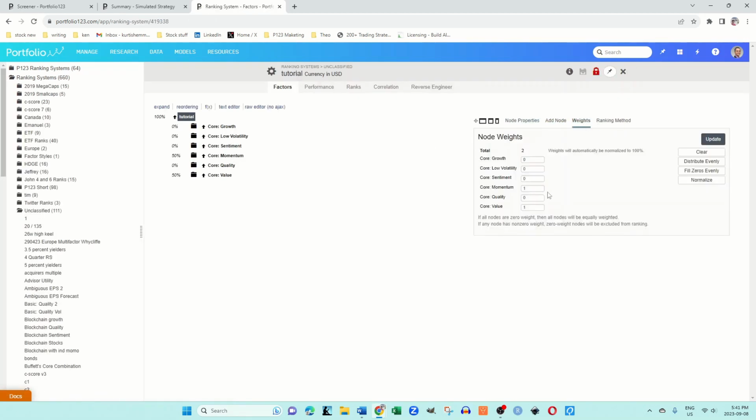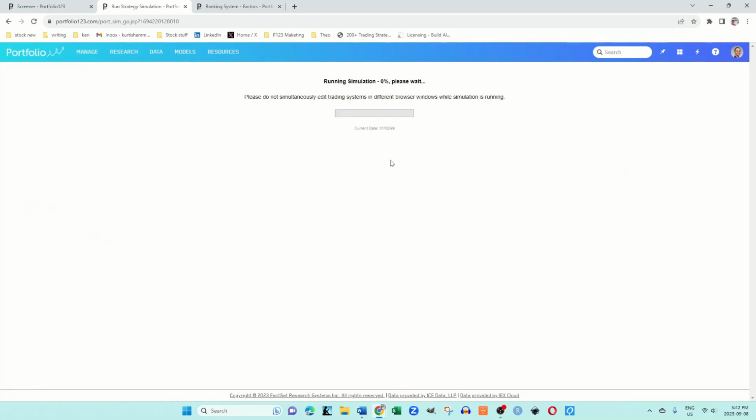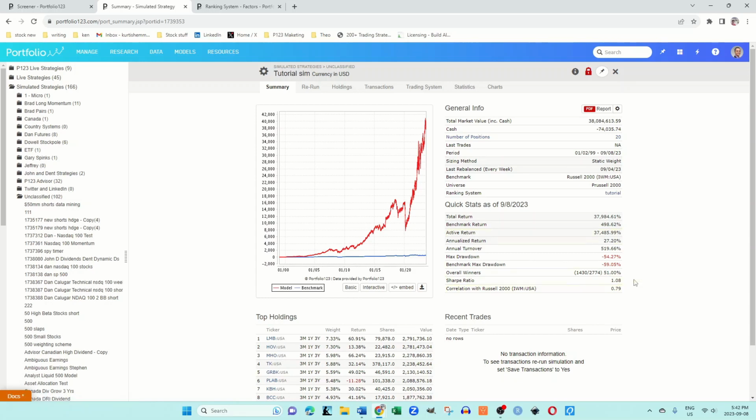Because maybe you want to change something. Like maybe you want to say, well, I want to try 60% momentum and just 40% value. I want to weight it a little more heavily towards momentum. And then just go ahead and try that. See if that makes much of a difference. Okay, so that did have, it looks like a fairly positive effect,